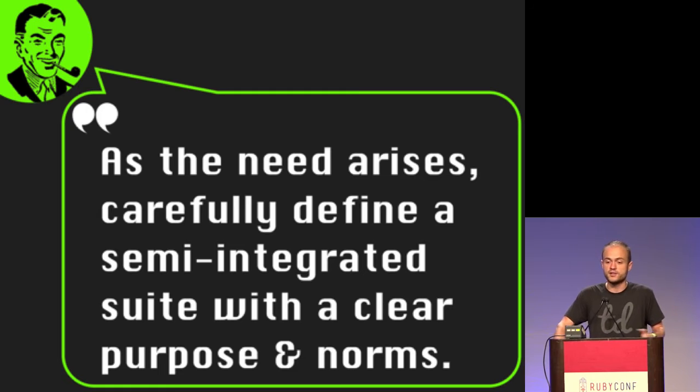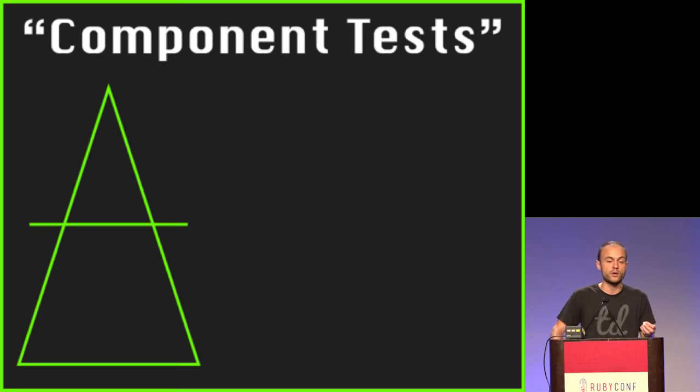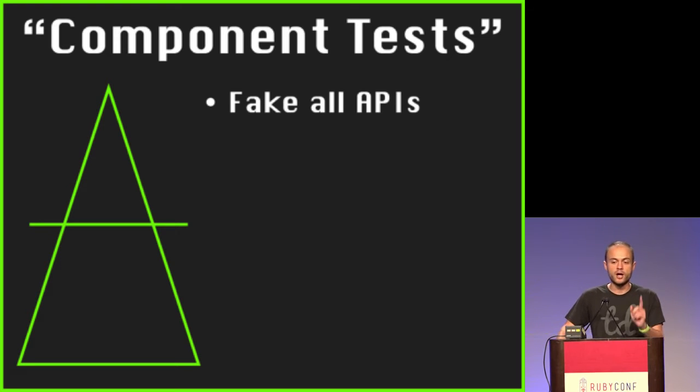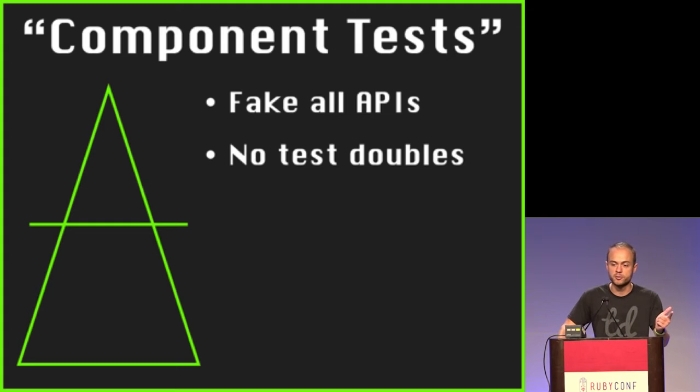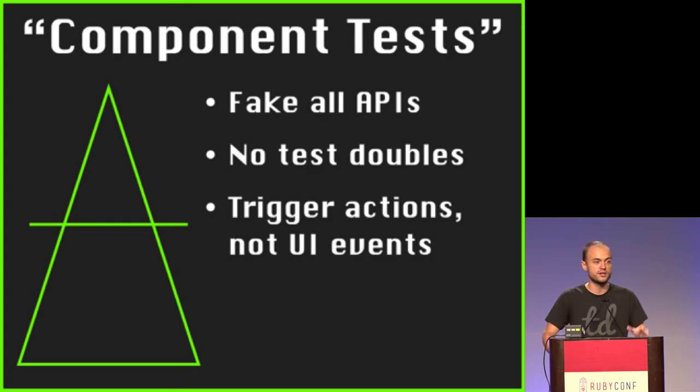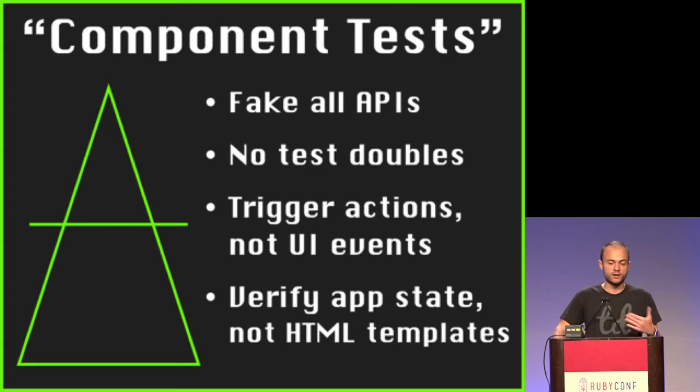Now, as the need arises, it might be the case that you need to define some kind of semi-integrated test suite, and it's just important that you establish a clear set of norms and conventions. So for instance, I was on an Ember team recently, and we agreed we're going to start writing Ember component tests. But up front, we all had to get on board with the fact that we're going to fake our APIs, we're not going to use testable objects, we're going to trigger actions instead of UI events, and we're going to verify app state, not HTML templates. These were arbitrary decisions, but we relished the opportunity to lock in those arbitrary decisions because we knew it would